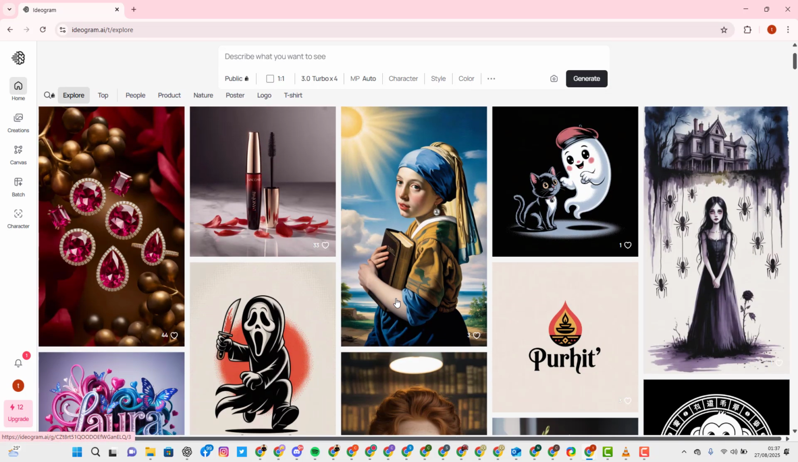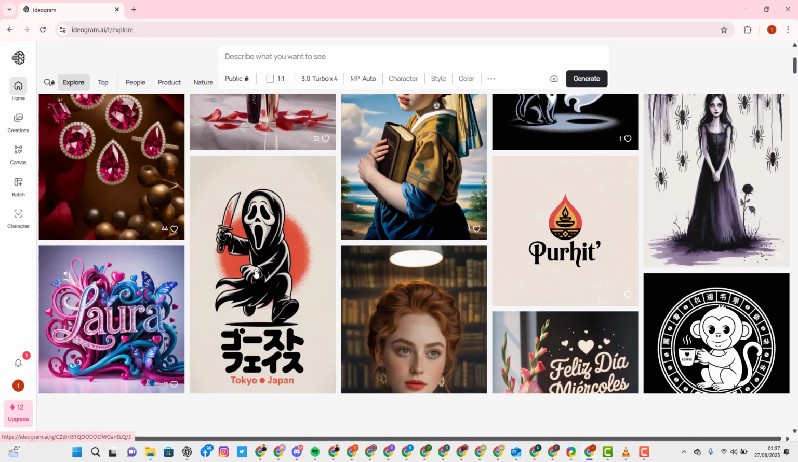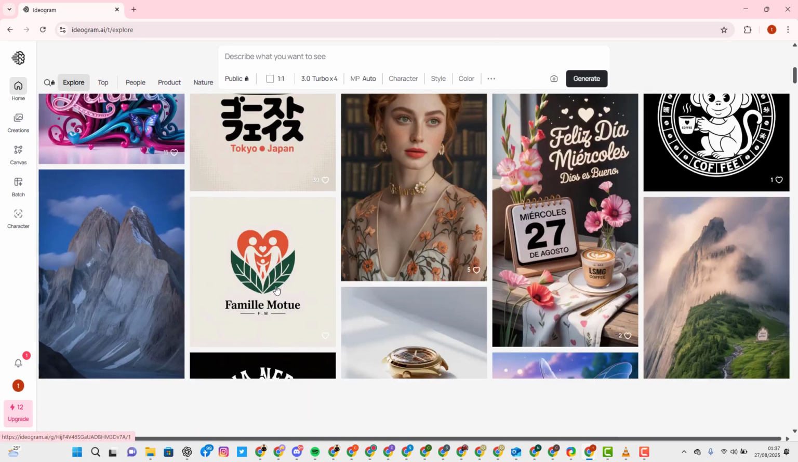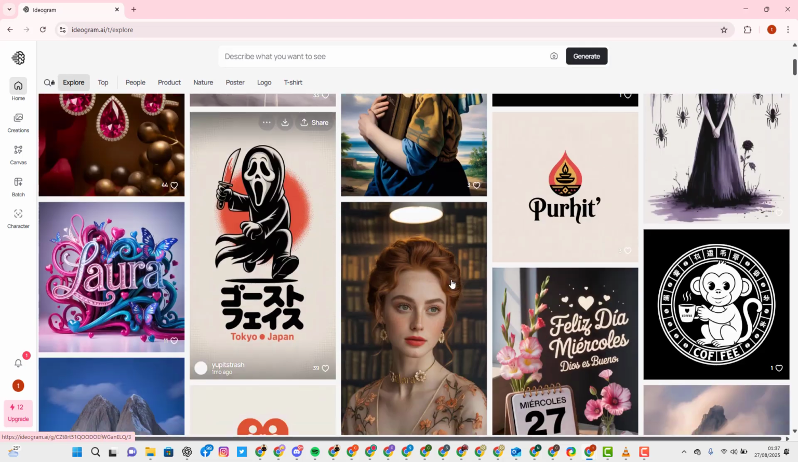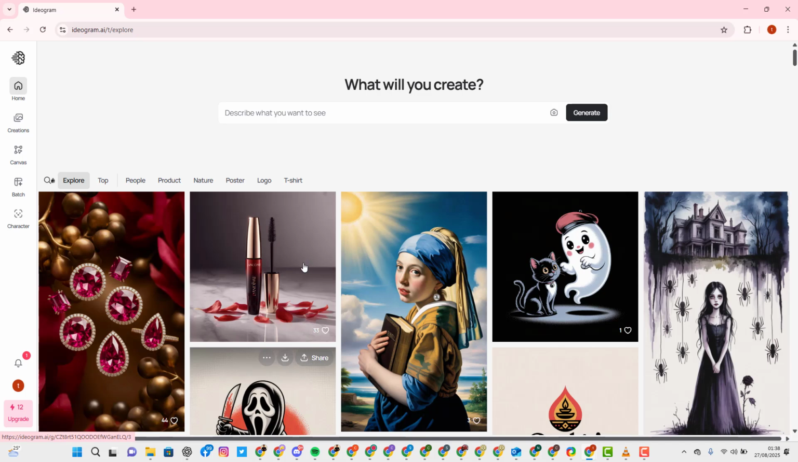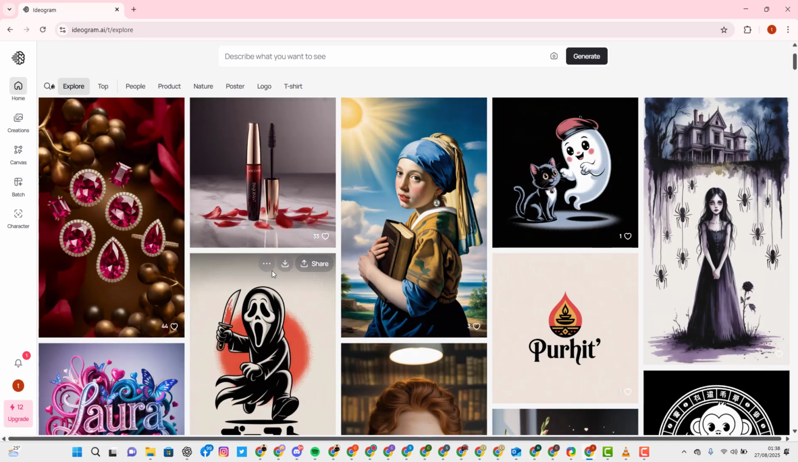So if you are not already familiar with this platform, this is one of the best image creating platforms. You can use this to create amazing images. As you can see, all of these images right here were created with just simple prompts on Ideogram. So right now, for you to be able to achieve your talking AI avatar, what you need to do